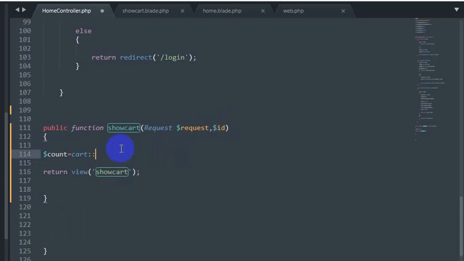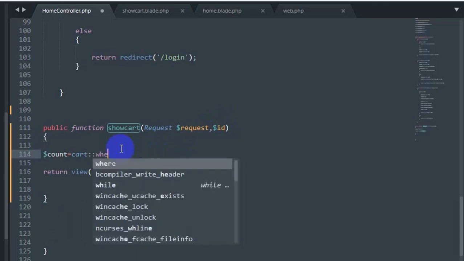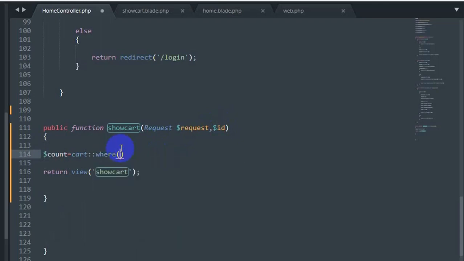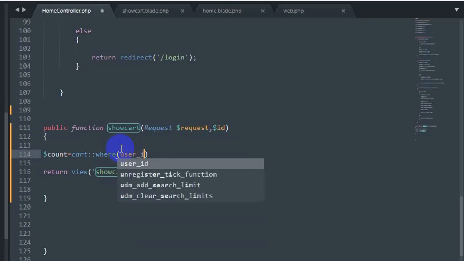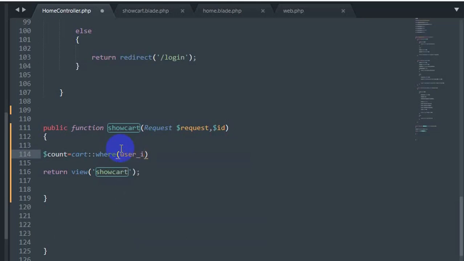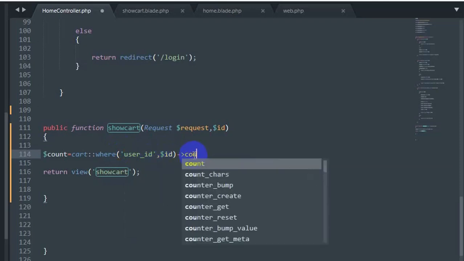Then we'll just say over here where user_id, it will be inside single quotation, comma dollar id, then it will just count.